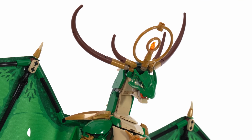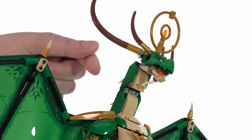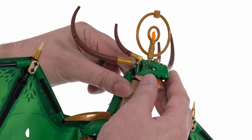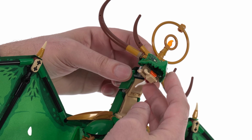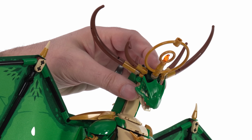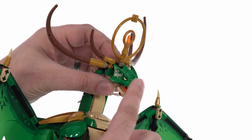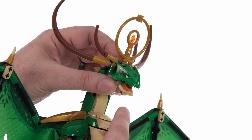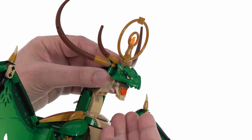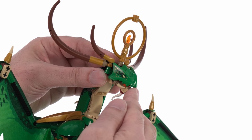Posability in this set is very limited. You are able to move the top of the neck around a little bit. As soon as you bring that back, you're seeing some of the Mixel connector pieces in there. You can also bring this up and down, as well as twist it from side to side, which is useful. It does need to be able to look down, though, specifically at a person or people on the ground. This is a nice molded piece here with a good print on it. I think that matches what appears to be the intended graphical style for the Legends production,